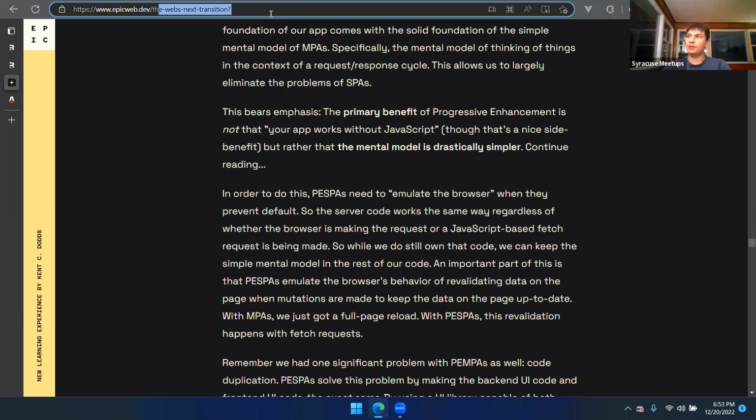So now the server has to respond to that slightly differently. Instead of sending it the entire page to render, it only sends the data that's needed in order to change the bits on the page that are needed. And so